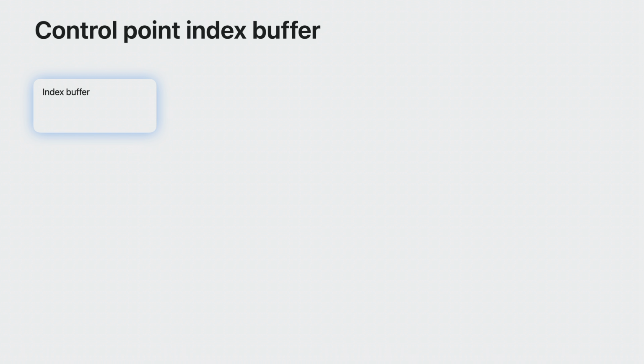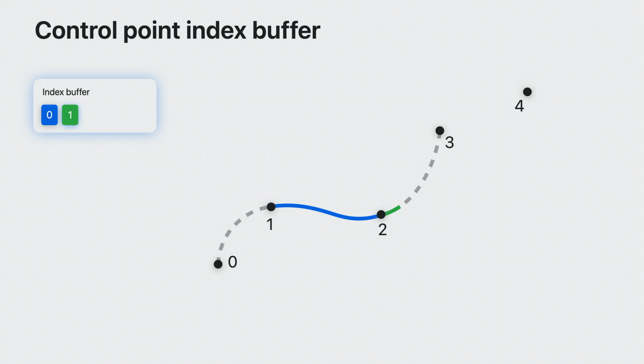Metal also requires a control point index buffer. Each curve segment has one index in this buffer, representing the first control point for the segment. For example, say you have 4 control points. You define a curve segment using the index of its first control point, so add a 0 to the index buffer. This example is using the catmull_rom basis function, so the actual curve segment is only defined between control points 1 and 2. All you need to do to connect another curve segment is add one more control point.